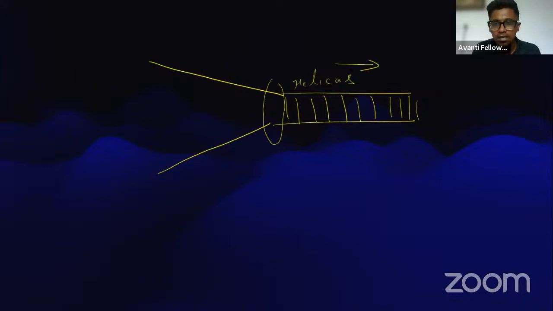It is unzipping in this direction. If the unzipping is in this direction, let's say that one of the parent strands is 3 prime to 5 prime, and our other parent strand is from 5 prime to 3 prime. What did I tell? Always the DNA replication happens in what direction? I told that it is from 5 prime to 3 prime. So now what happened? Helicase came and it